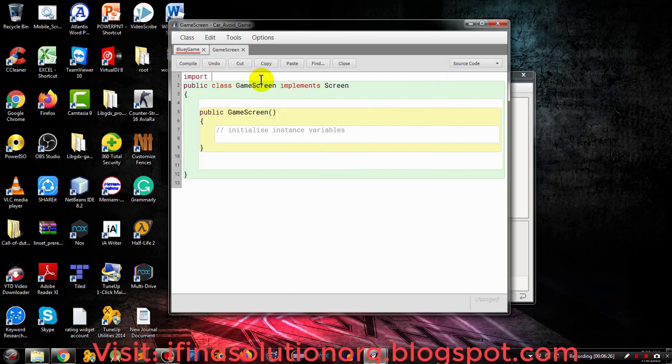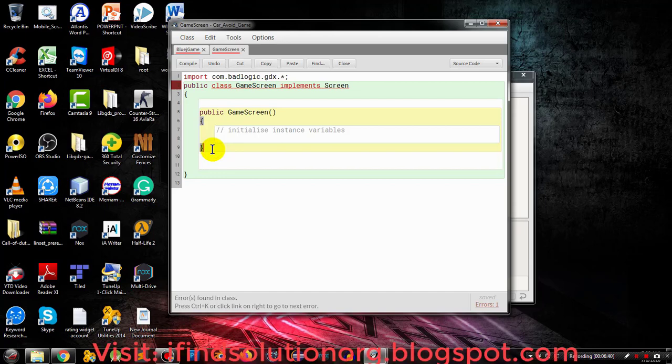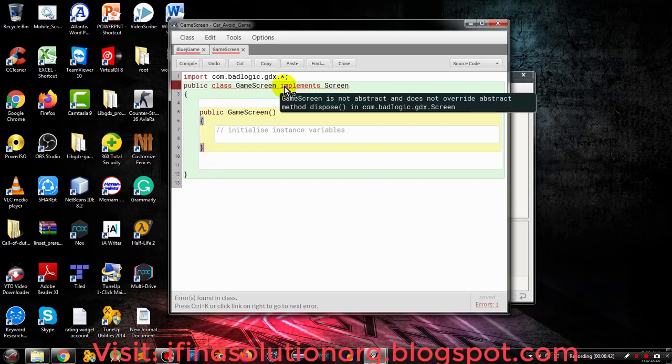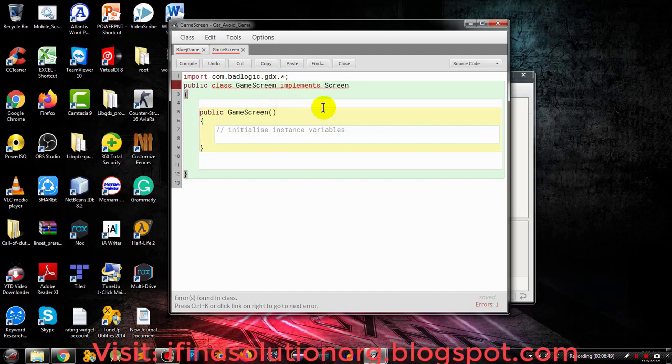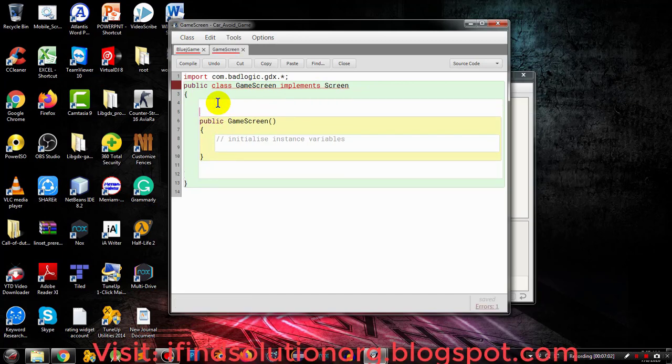We need to write some import statements, and then paste, and this will allow us to use the screen. And then we need to implement or override a method dispose. Okay, let's override that method. Once you implement the screen class or interface, we need to override all the methods that it has. So we need to override public void show